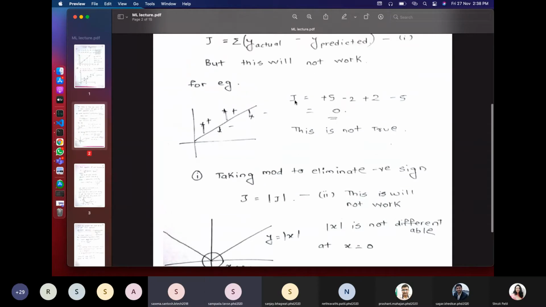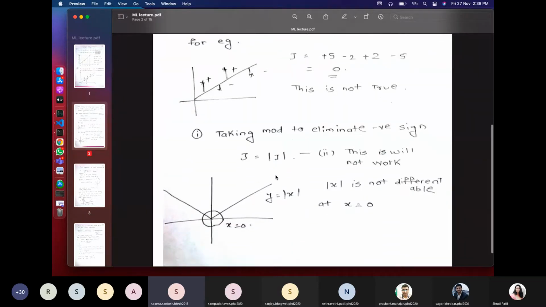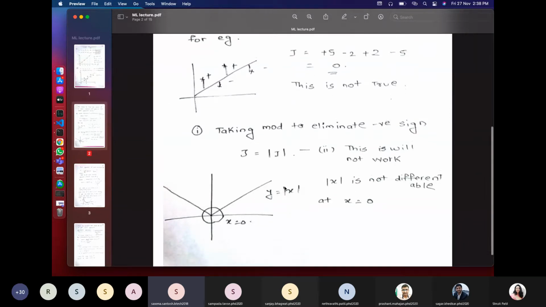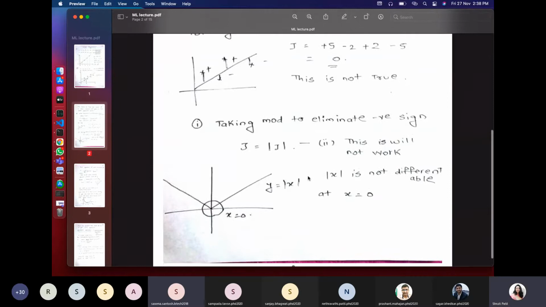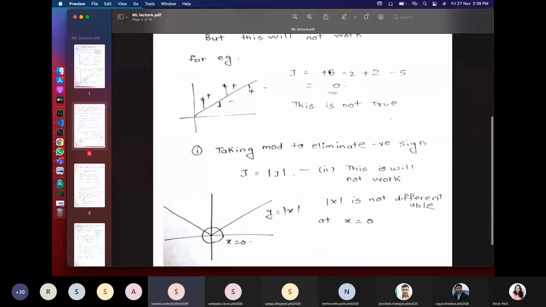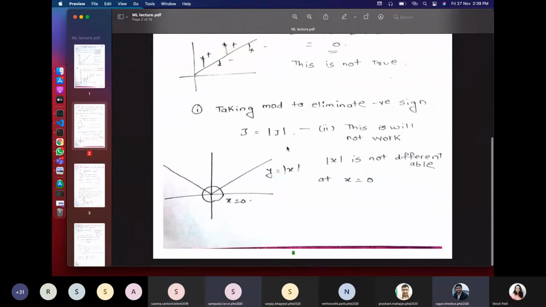So actually, our goal is that we are not supposed to take the sign, we only take the magnitude, so that the error will not be cancelled out and we get the result. So we need to eliminate the sign. For eliminating, the first step we can take is mod, which I told, which is not right, because mod is not differentiable at x equals 0. So what we do is we take the square. As we take the square, the sign will be eliminated. Agree? Okay. Thank you. Yes, sir.